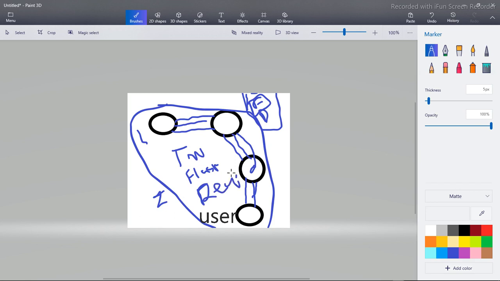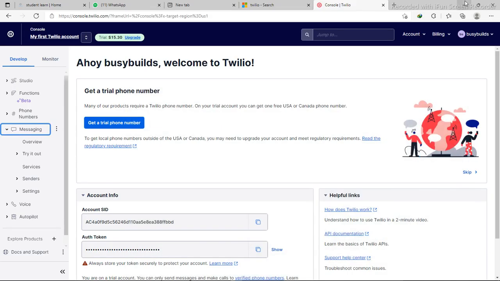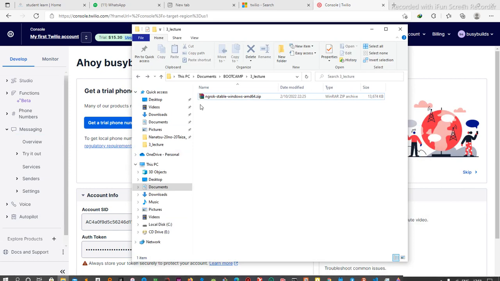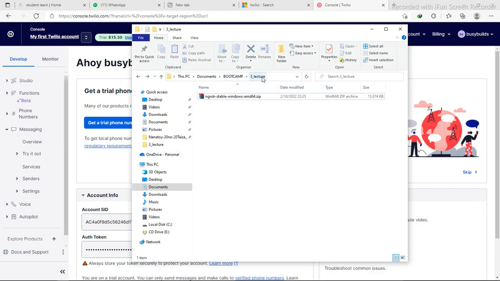So Python is an interpreted language. It highly depends on libraries. So these are the libraries that we're going to focus on. So I think let's begin. What I'm going to do is navigate to my folder. I've created a folder, Bootcamp Lecture 3. I'm going to create a folder for our project. So I'm going to call it